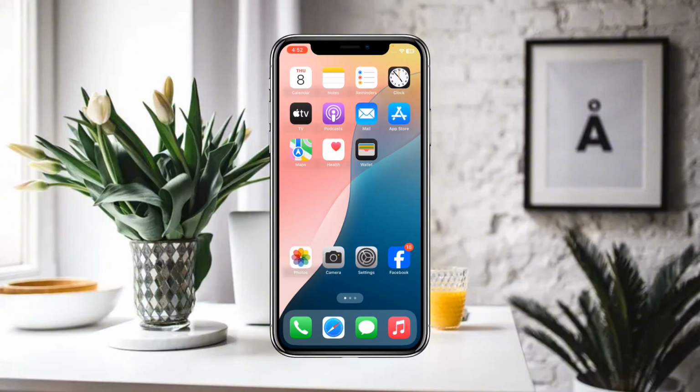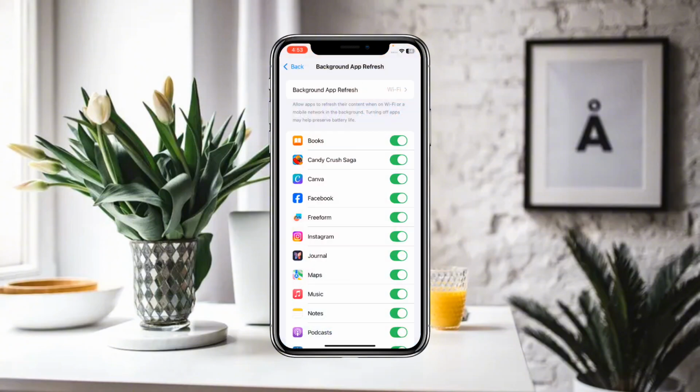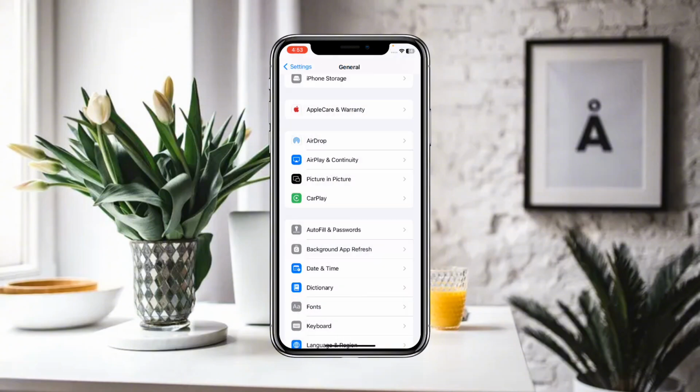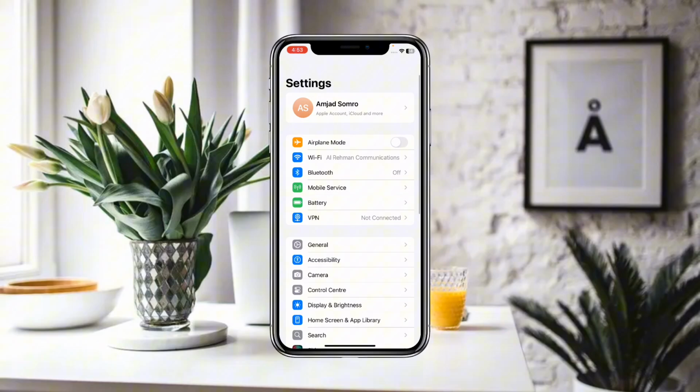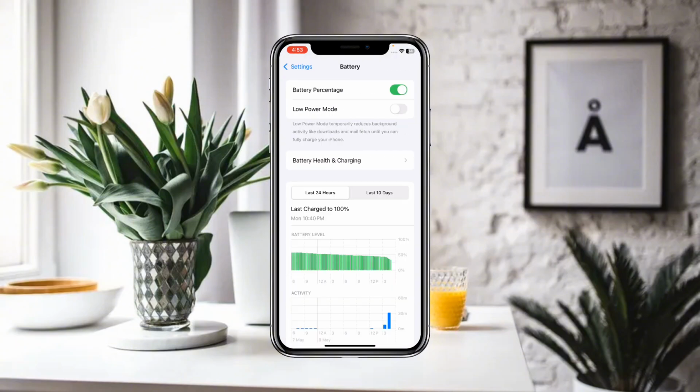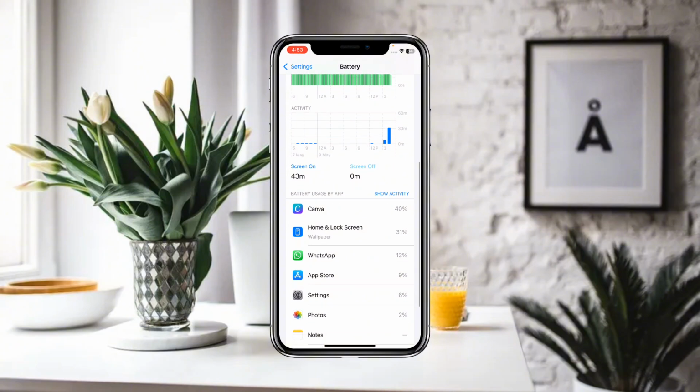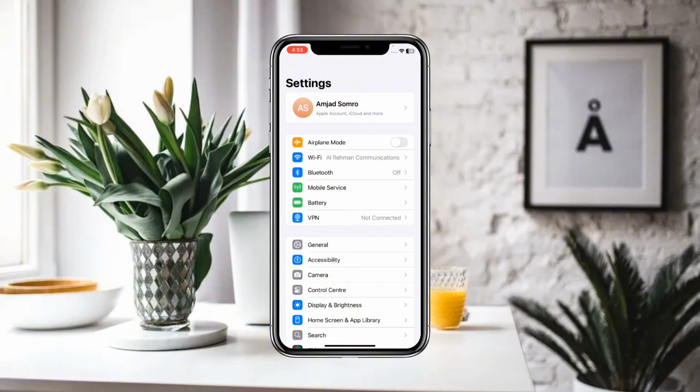So first of all, you have to make sure that you are connected to a proper Wi-Fi or internet connection. And after that, what you have to do next is simply go to settings. So in settings, you have to first of all check which of the apps is using a lot of battery and data. So you have to look for that app, and if you want to close that app so that it doesn't use your battery while in the background, then you can simply turn off that background app refresh. For this, what you have to do is simply go back, and after that you have to